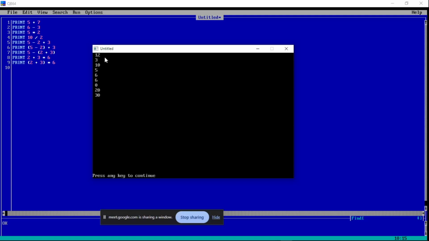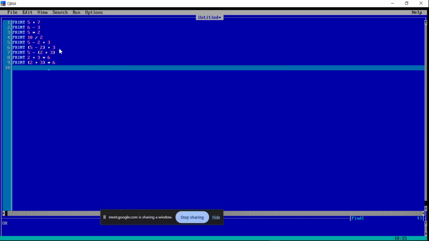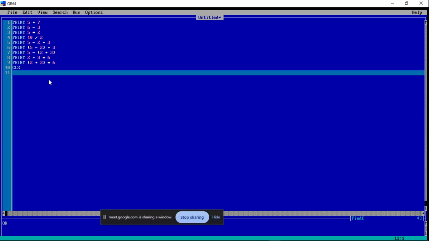So for us to do that, remember I told you that anything you put in a quote, that is what QBasic would print. Okay, so let's look at that. I'll go ahead and press escape. Then let's begin to write another program. For instance, let me clear the screen. When you clear the screen and press enter, this simply means that you've ended the first program. So for instance, when I say print,